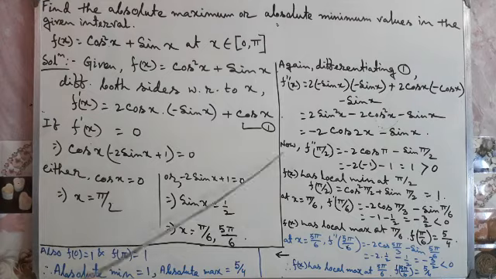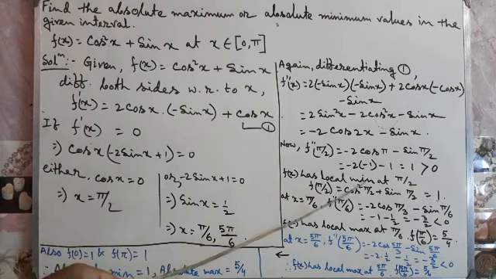So if the second order derivative is greater than 0, that means at that point the local minimum value exists, and that is f of pi by 2 is equal to 1. And at x is equal to pi by 6, we got f double dash pi by 6 less than 0. So a local maximum value exists and it is equal to 5 by 4,